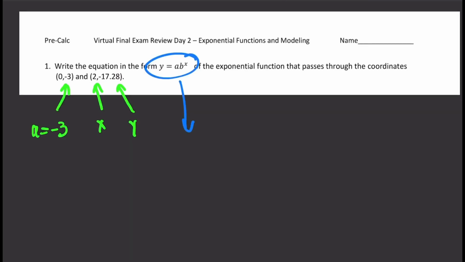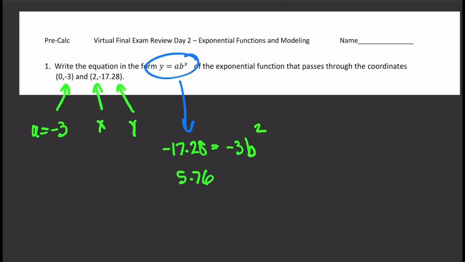All right, so y, I'm going to pick my -17.28 equals a, which we know is -3, times b, which is what we're solving for. I don't know what that is, to the x, which is 2. Okay, so now it's just a matter of solving this equation. I'm going to go through kind of quickly here with the algebra. I can't show you the calculator, unfortunately, but I'm going to divide both sides by -3, and that gives me